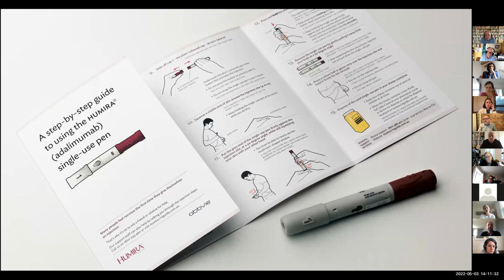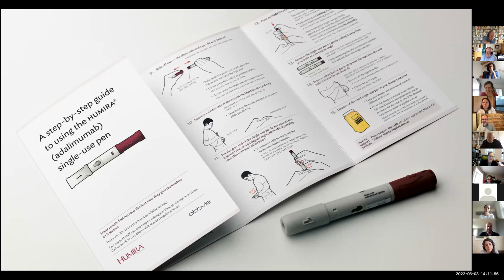And what we found was, when you got to the point where you're holding the pen and you're holding your stomach and you're about to inject yourself, you needed to actually turn the booklet page to get to the next instruction. So people were putting the pen down on the table and it was firing it off, and then they'd go to turn the page, and then we were just sitting there going, so it had nothing to do with